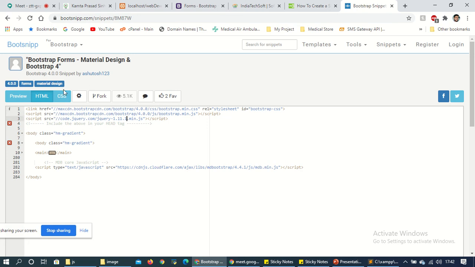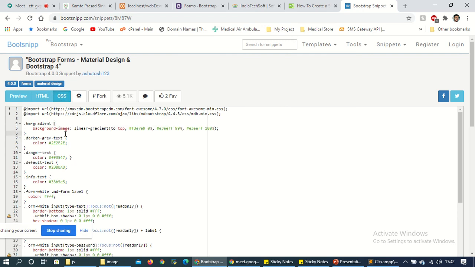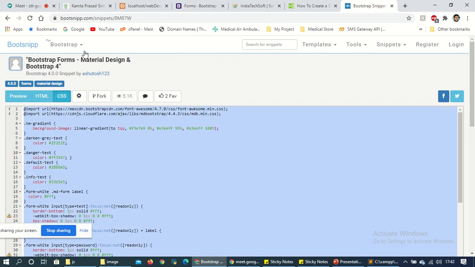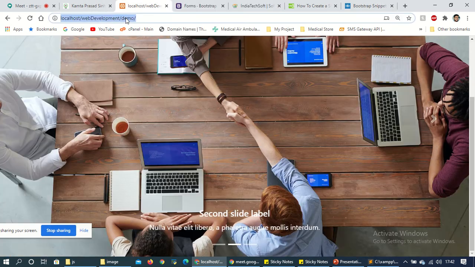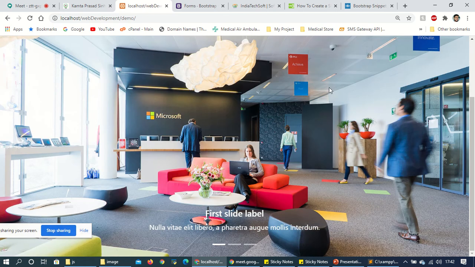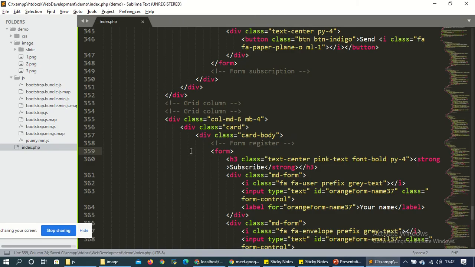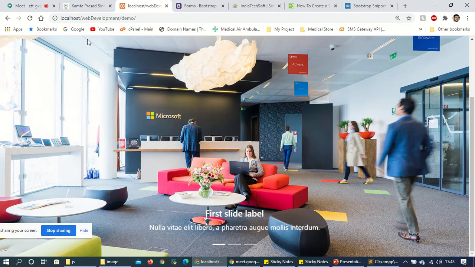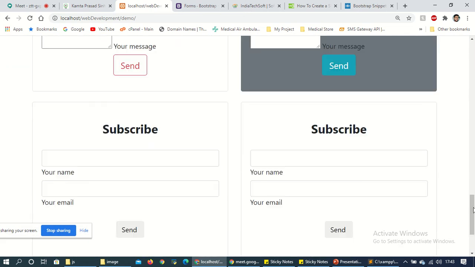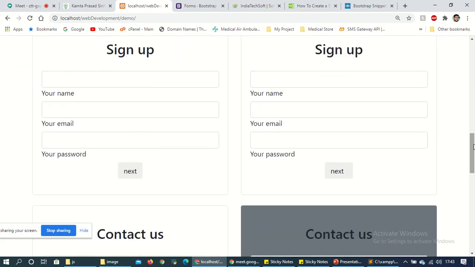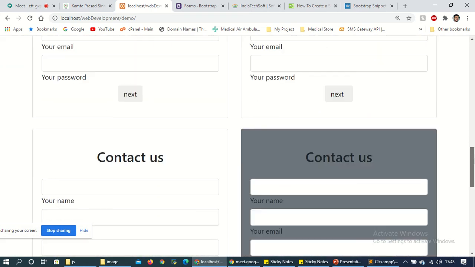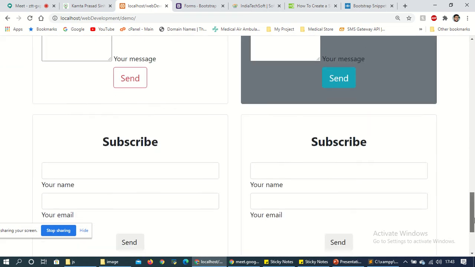Now go to CSS, just copy, let's refresh. One minute, just save this. Now refresh. Okay, so we are getting this form: login, sign up, contact, subscribe.